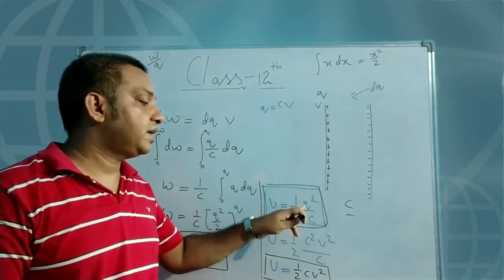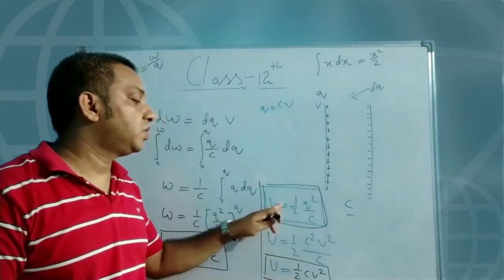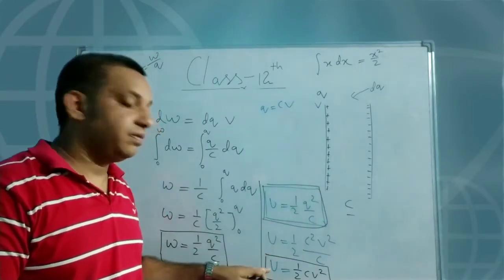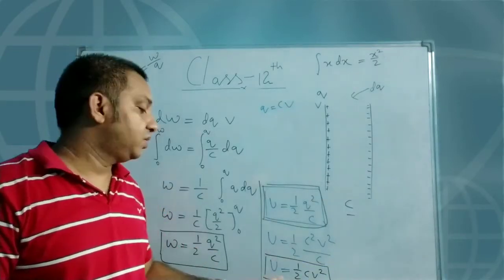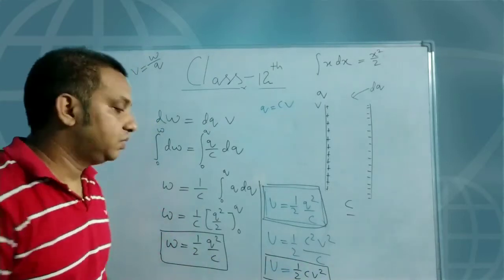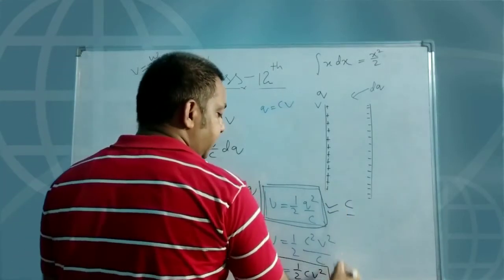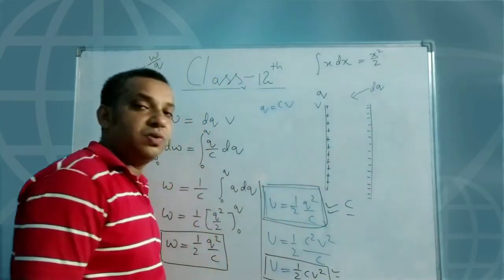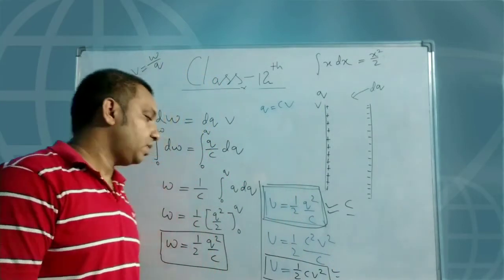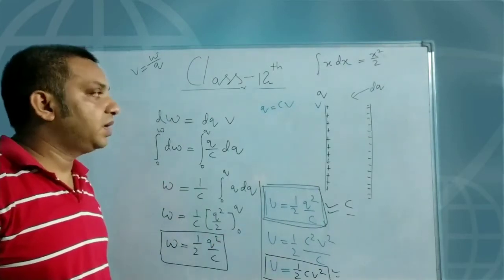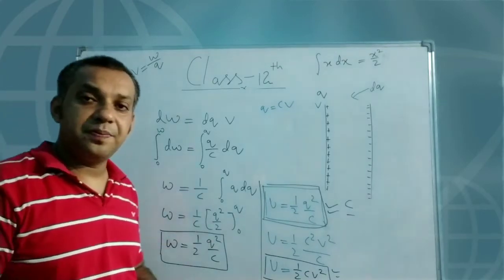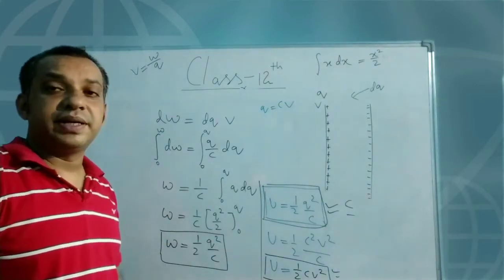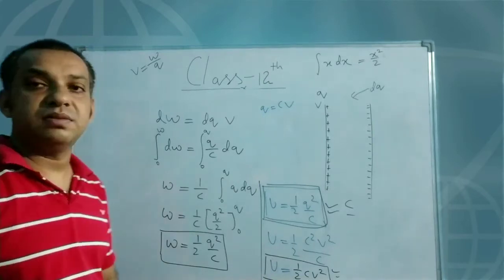So we have two relations. If the charge and the capacitance are given, then you apply U is equal to 1 by 2 Q square by C. And if the capacitance and the potential are given, then you apply U is equal to half CV square. So we have the two relations, half Q square by C and half CV square. On the basis of these formulas, a number of numericals are given, so you should discuss them. This is the potential energy stored in the parallel plate capacitor. So let us discuss some numericals.